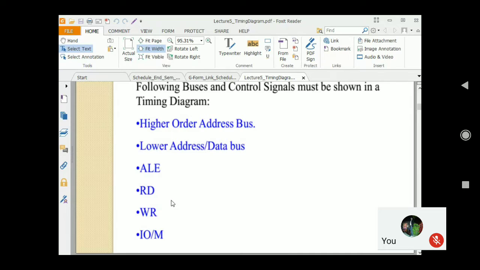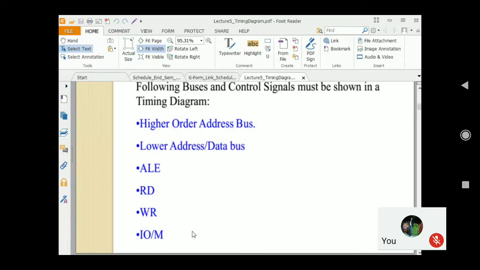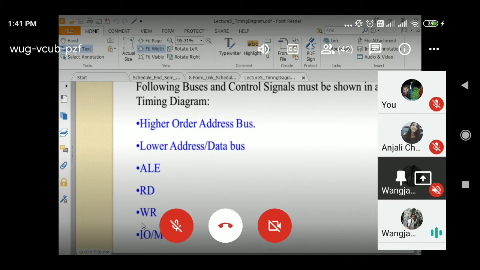We also have negation in logic. You have already studied that also. So if I want to generate a memory operation, if I have this IO/M bar as 0, then memory will be generated. Suppose I want to give an instruction so that IO/M bar must be generated, that means IO/M bar will be 1.